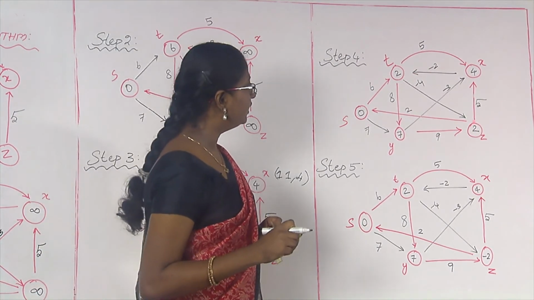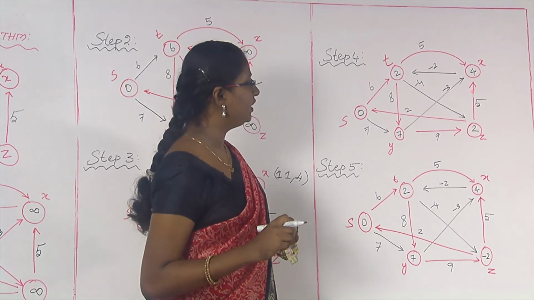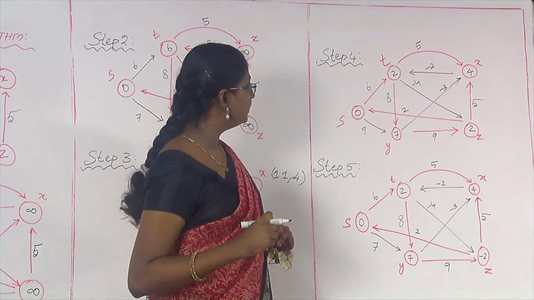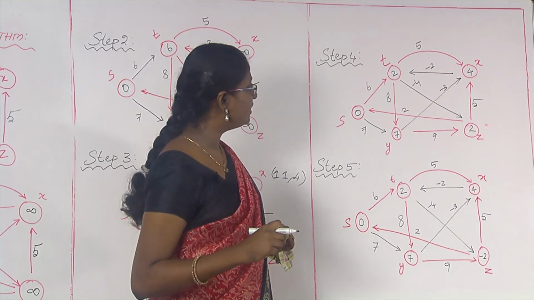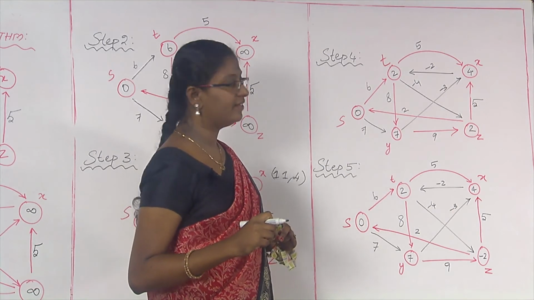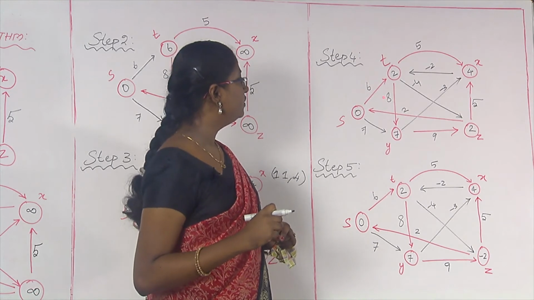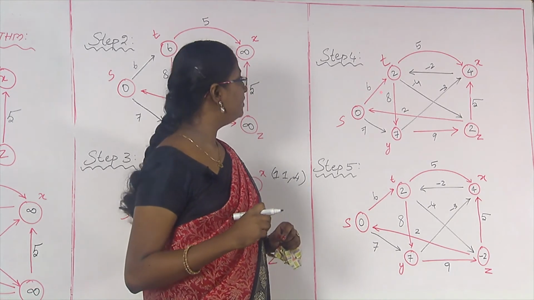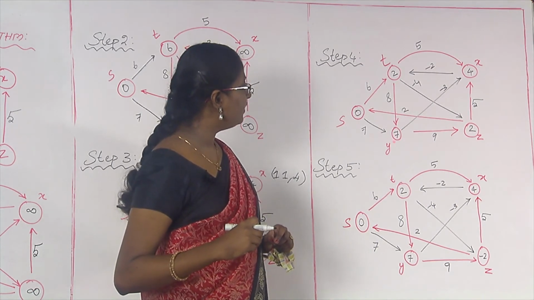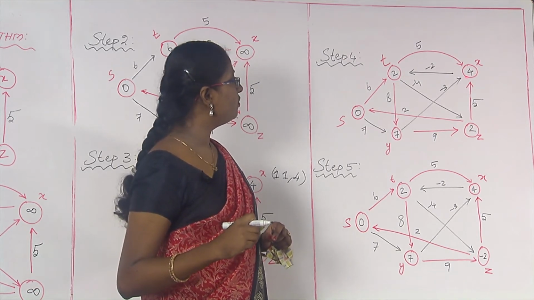Likewise, consider this arc that emerges from z. From z to x I have an arc whose weight is 5. I can consider this path from s to y and y to z, z to x. If we consider this path, the distance would be 2 plus 5, that is 7, and out of 4 and 7, 4 is the minimum. So, there is no alteration here. This is my changed weight in step 4. You can see from s to t the weight is 2, from s to y the weight is 7, from s to z the weight is 2, and from s to x the weight is 4.